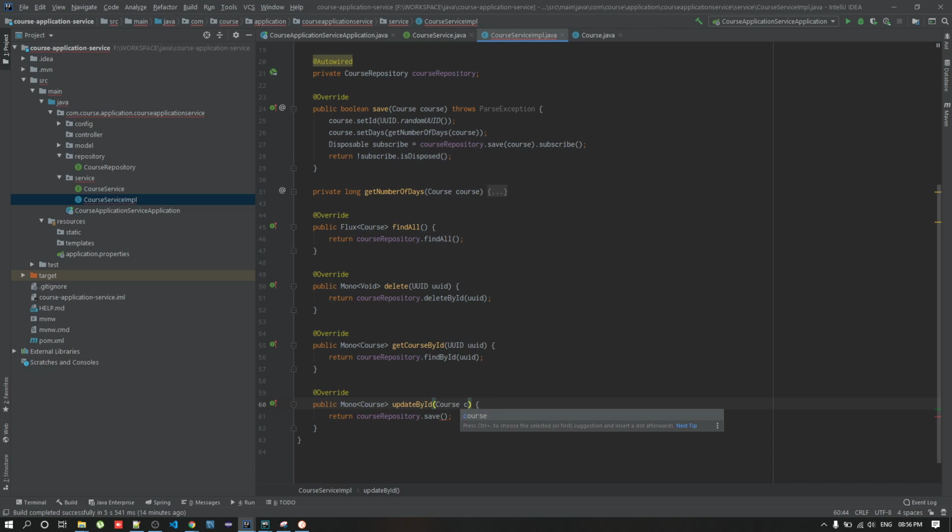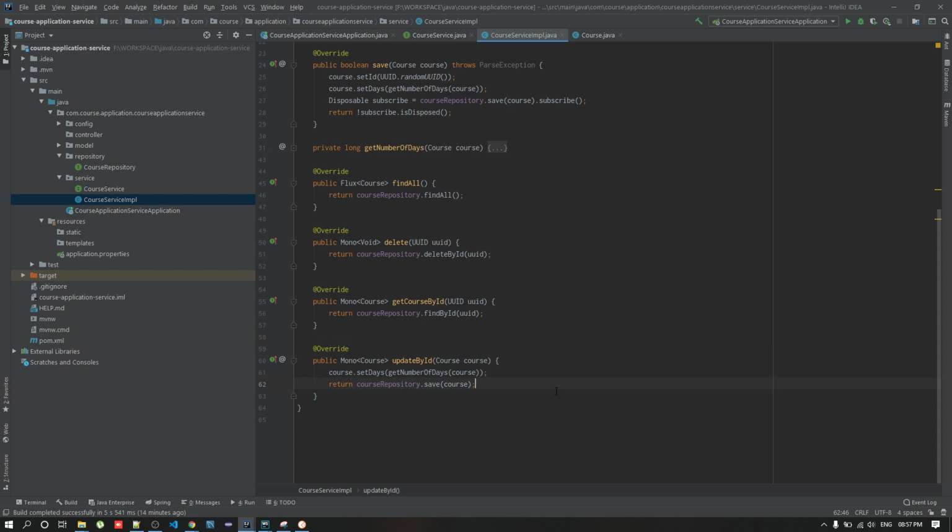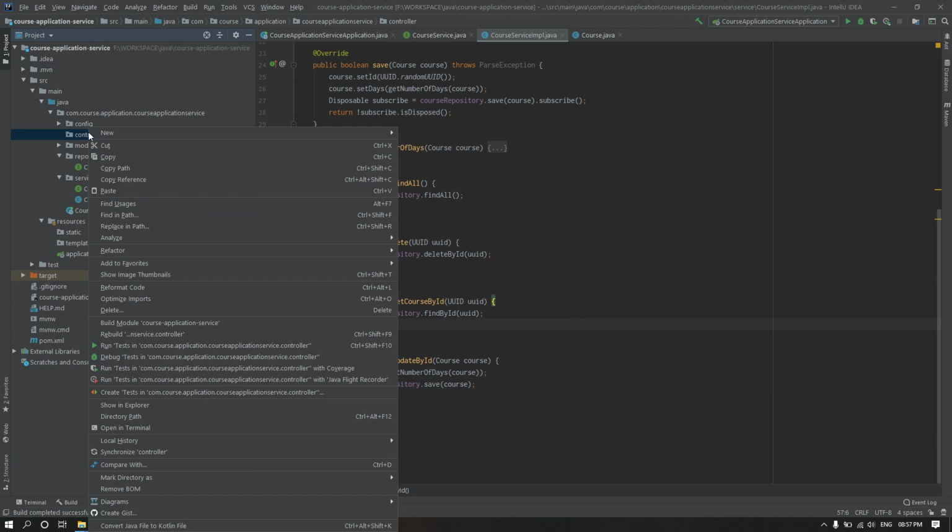That is the course. So we have to use this course for updation and all. We need not subscribe to anything. Once we already subscribe for creation, for updation there is no need of subscribing. Okay, that part is done. So while updating, suppose we change any date, based on that we need to update the number of days as well. So for that we use a number of days and we are setting the data. Once this is done, we'll go to the controller part.